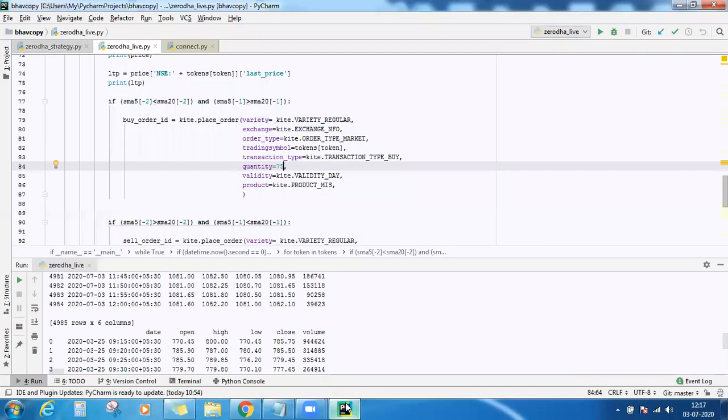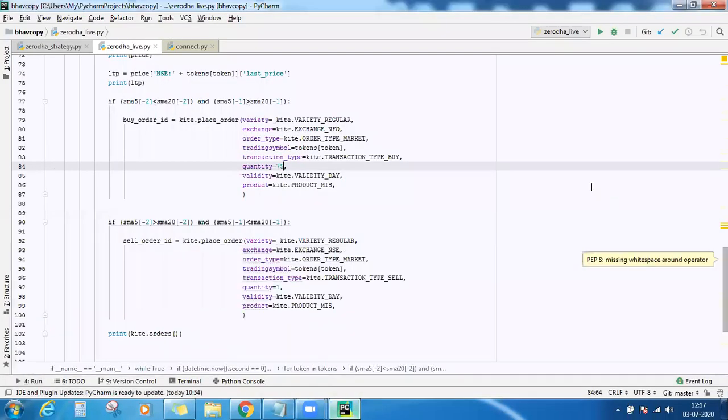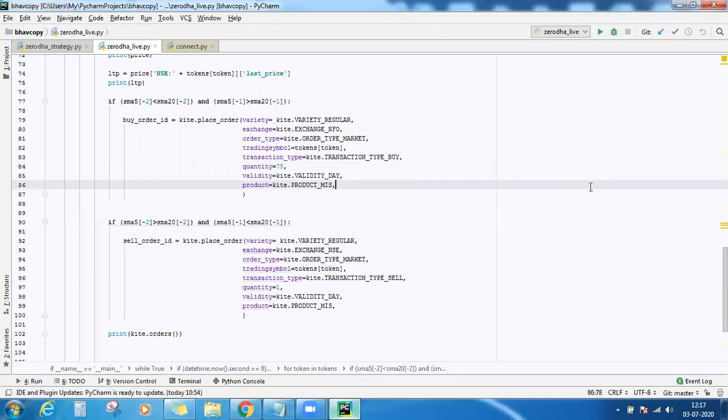How the conditions are being checked and how the orders are being initiated using Zerodha. Now the historical data API, it's not mandatory. As I told, if you are maintaining a database of tick data, that will also do.